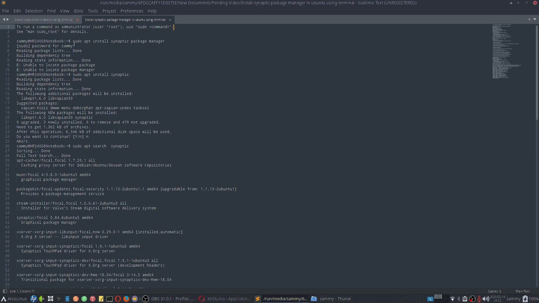So if I do the command sudo apt install Synaptic Package Manager, it will not be recognized by the apt package manager. For that, you have to use the command sudo apt install synaptic. Two additional packages will be installed due to the dependencies, and following are the suggested packages for installation. So what we will do is the default installation, but I am aborting this because I just want to show you the